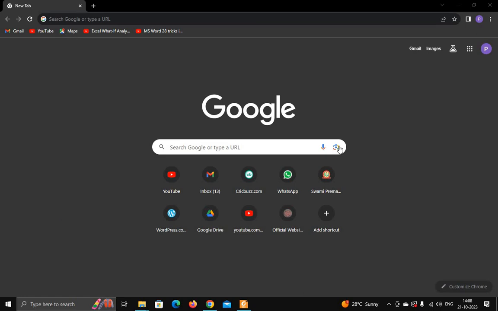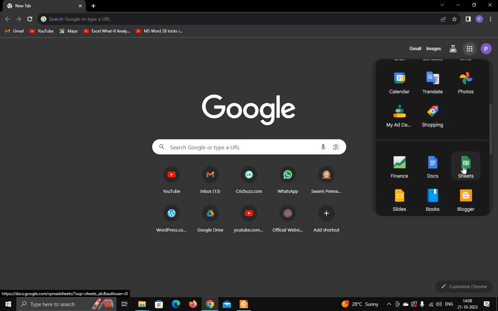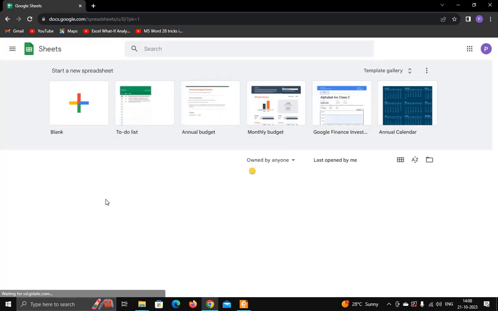For accessing the Google Sheets you must log in to your Google account, and here you can see the Google apps. Just scroll down and you can see the Sheets. So just click on Sheets. So it will open the Google Sheet, and you can see